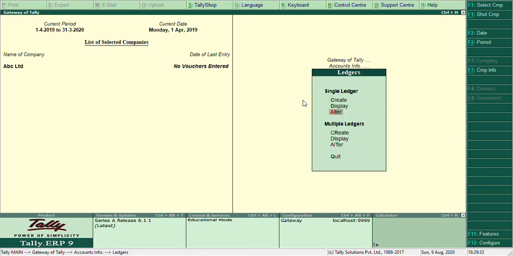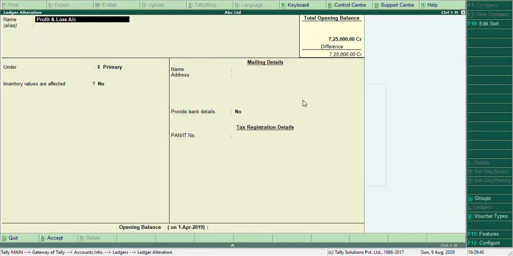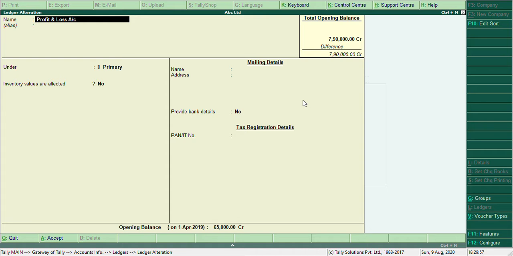Go to alter option, enter, and select the ledger profit and loss account, and go on pressing enter to come to the field of opening balance, 65,000, and accept. So this is how we can give an opening balance, or any alteration of a ledger can be done.